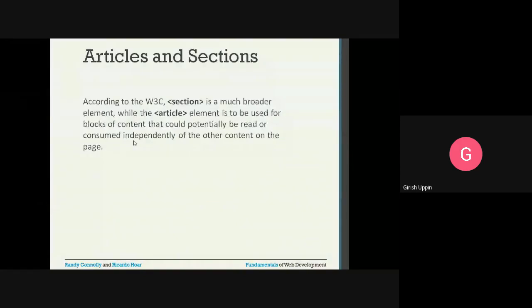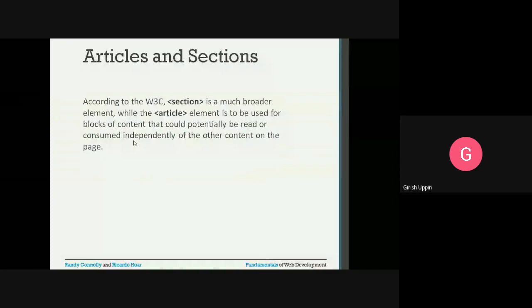I told you how we can classify the news as sections, and an article can be like a block of information. It can be associated with a section, or it can be an independent story or an independent article.